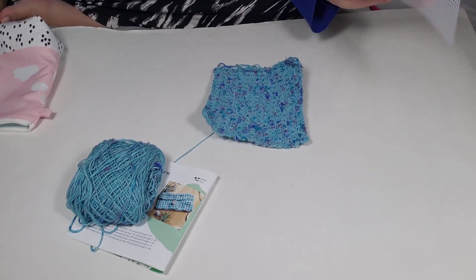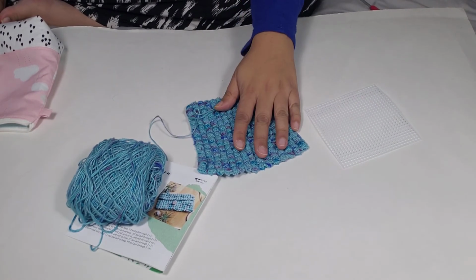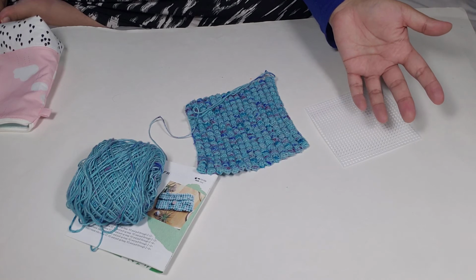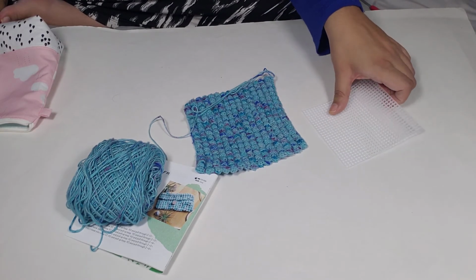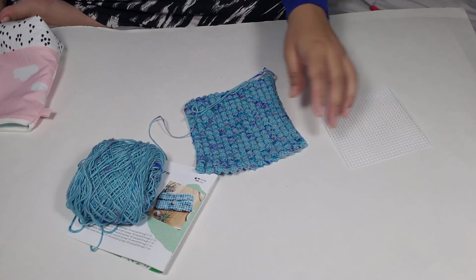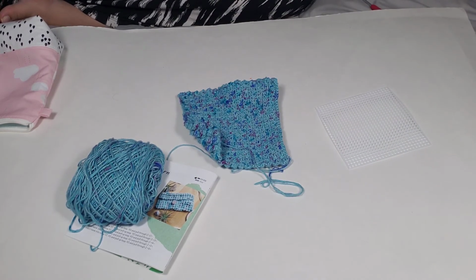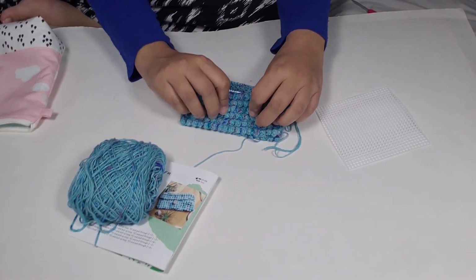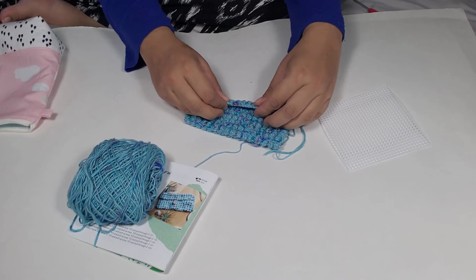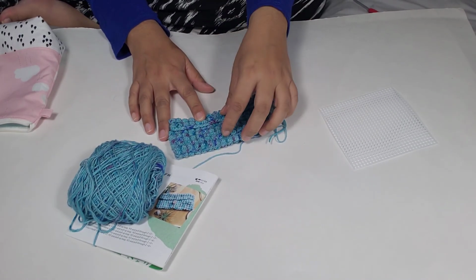But now I have nothing to do. Well, not nothing to do. I want to make it. I want to try it. So I thought I'd just make it, then order the plastic canvas to its size, and then I'll have it. But this turned out so small. I will still be using it. I will be putting my business card. This is not my business card, but I will be putting my business cards in here and putting it in my purse like this. If I leave it like this, it's